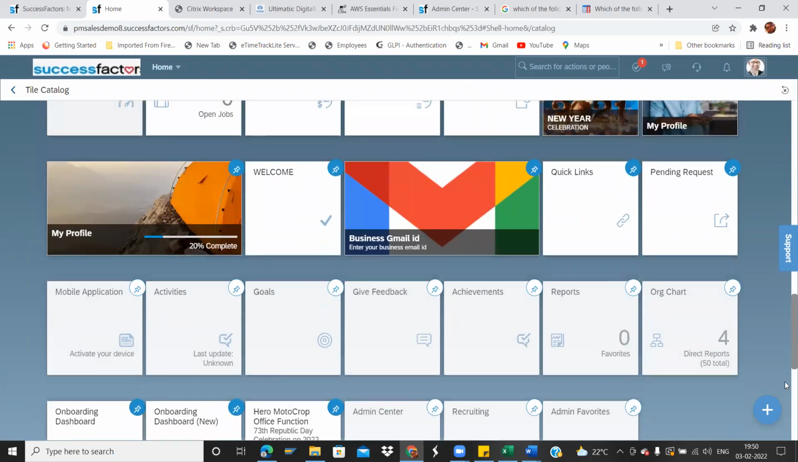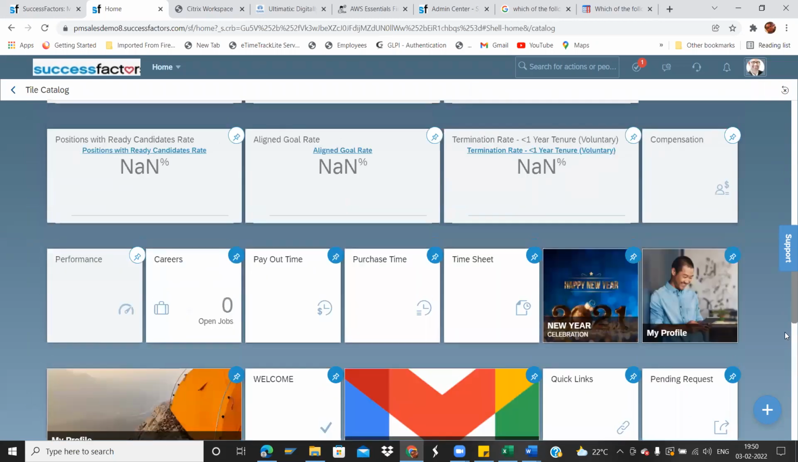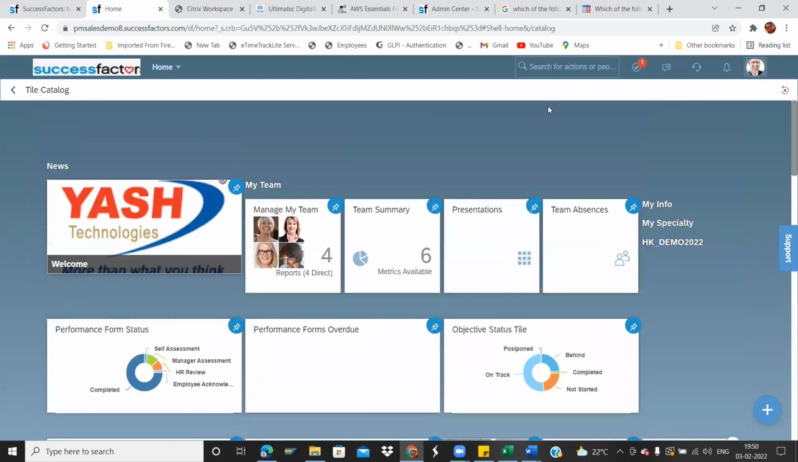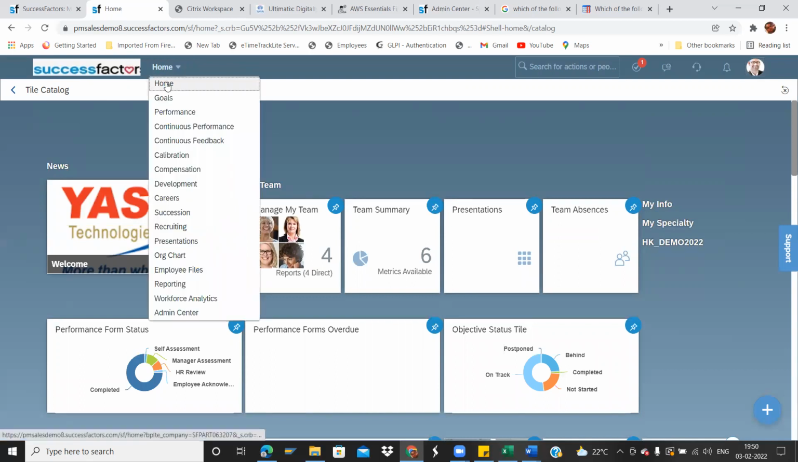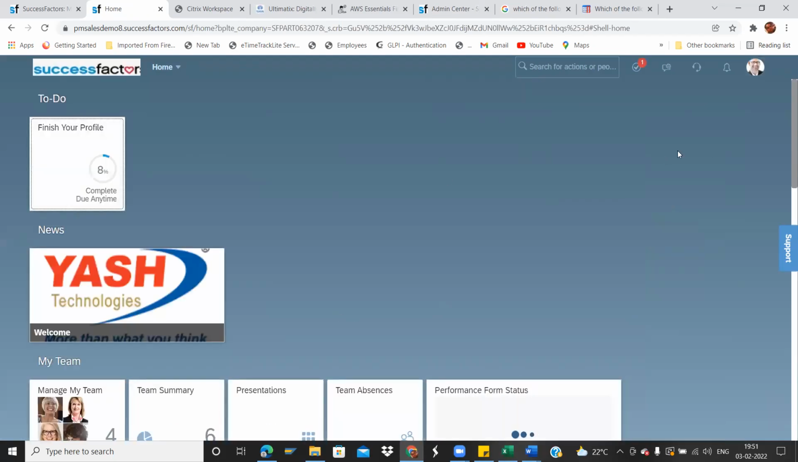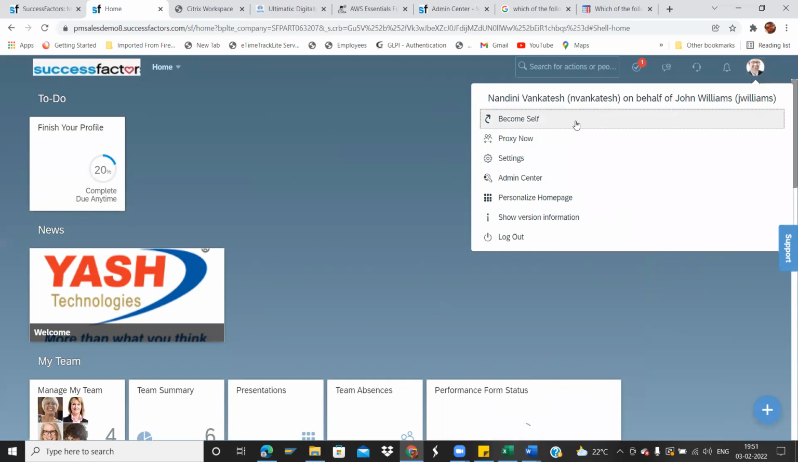Is it now visible? You can't find it now. Okay. So like that, you can control the employee to delete his or her tile from their home page. So let me become self. Now,